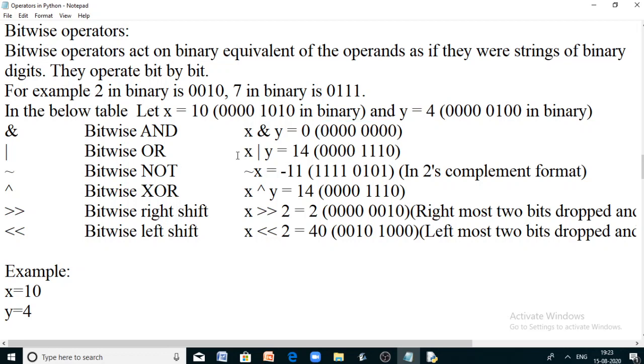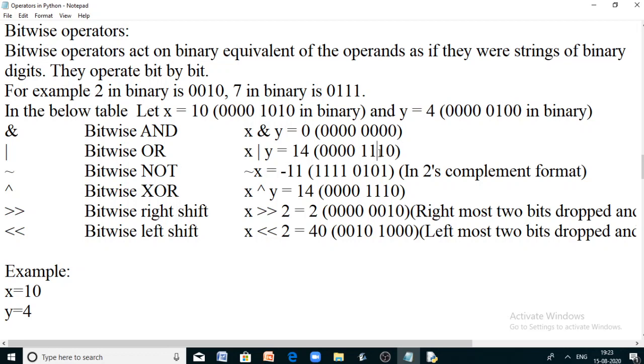Like that, bitwise OR is again the same as the AND operator, it will operate bit by bit. The rightmost bits are 0 and 0, so both are 0, so it returns 0 as a result. Then the next one, here 1, here 0. If either of the inputs is 1, it will return 1. So the result is 1.